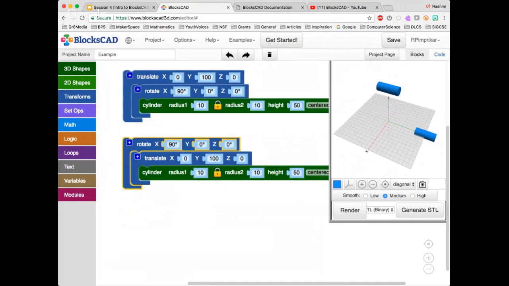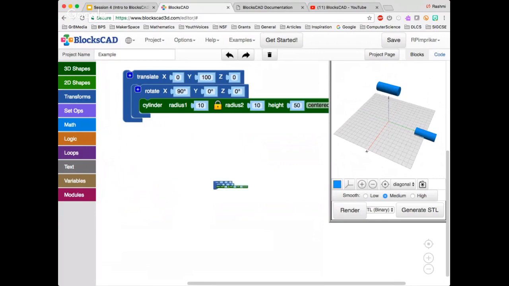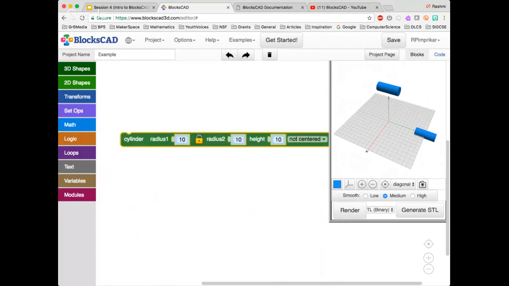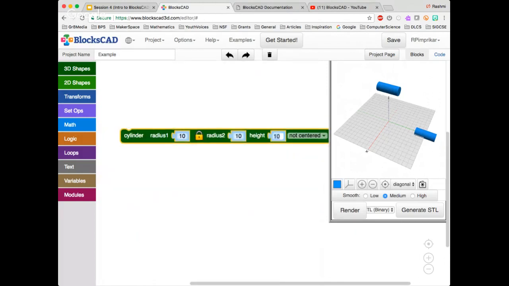So let's look at another transform. I'm going to get rid of these. Let's get a 3D shape, height of 50 again. This time, this is a nice way of changing colors just for your visual pleasure. But obviously, when you have a 3D printing file, this is not the color it's going to print; it's going to take the filament color and print the object in the filament color. So as I'm rendering this cylinder,